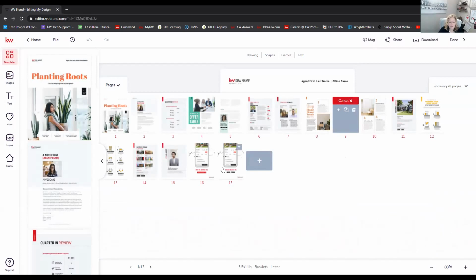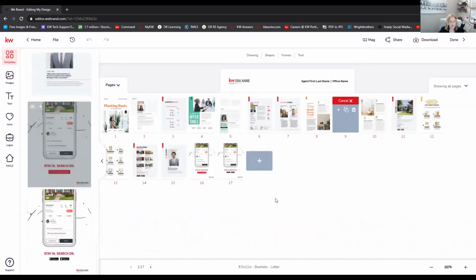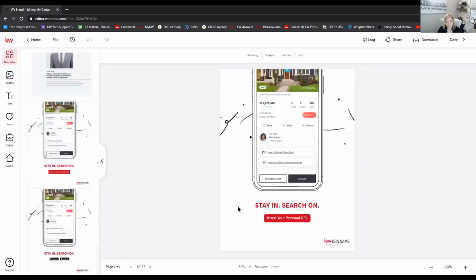You can see here that there's actually 2 different designs for the very back cover of the magazine, and both of them are your app search. One is geared towards a URL that you're going to put in, and the other one, so you can insert your personal URL to download your app. And the other one is geared towards,